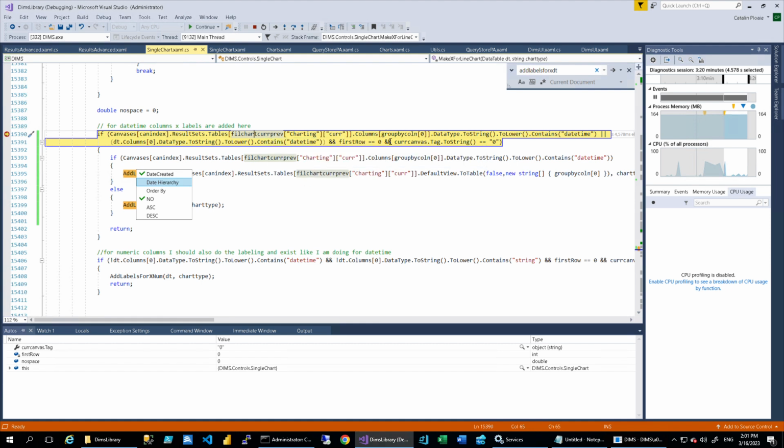Then we have columns, group by column name, date created, we have it, and tag. I don't see any issue here. If I'm going step over,